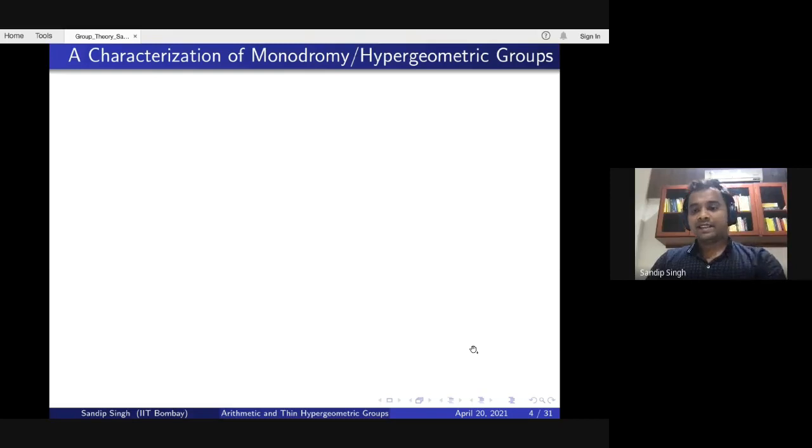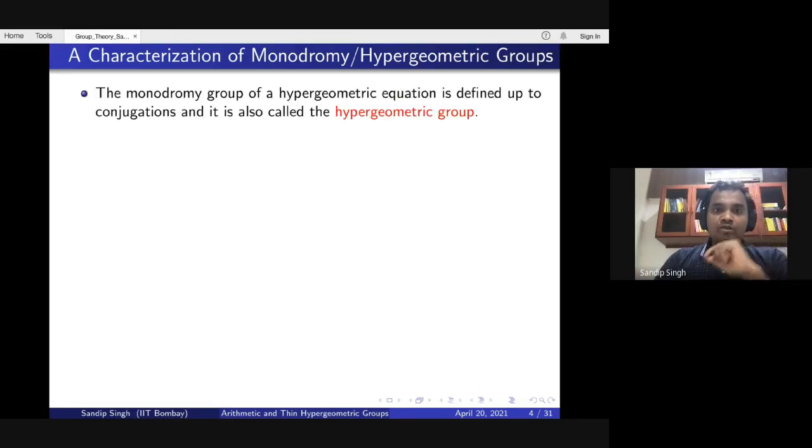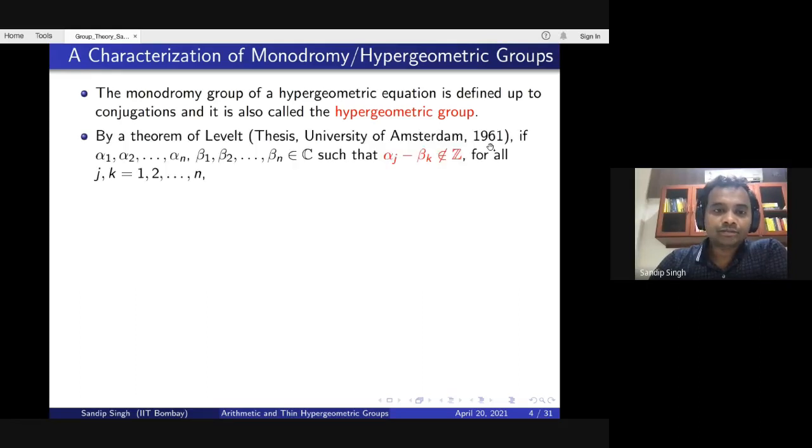Now, a very nice characterization of the monodromy group is given by Levelt. Let me describe that. The monodromy group of the hypergeometric equation is defined up to conjugation, and it is also called the hypergeometric group. By a theorem of Levelt, which he actually obtained in his thesis at Amsterdam: